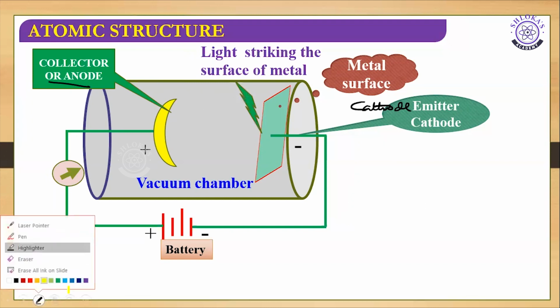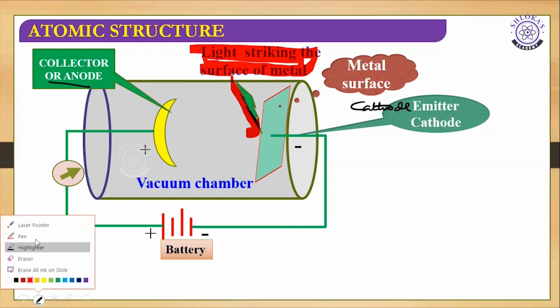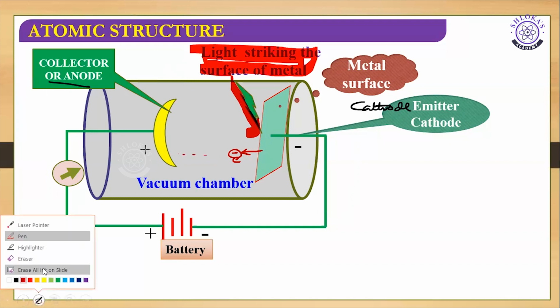This is the light. It may be sunlight or any other source of light, and it is going to strike the metal surface. When it strikes the metal, what would happen? Obviously, this metal will eject electrons. They come out from here, and as these electrons are negatively charged, obviously they will be attracted by this positive electrode. So there will be a completion of the circuit